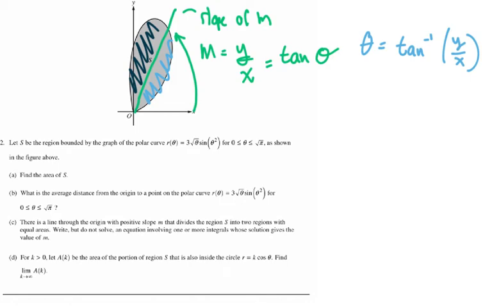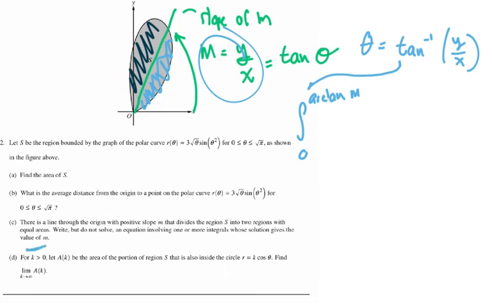So does it say write but do not solve? Let's just say we're talking about this blue area right here. This blue area is the integral as theta goes from 0 to arctan of y over x. Go back and forth, whichever arctan you want to use. Arctan of y over x is the same as arctan of the slope. Y over x and the slope are the same thing because it wants to know in terms of m. So this blue area is going from 0 to arctan of m